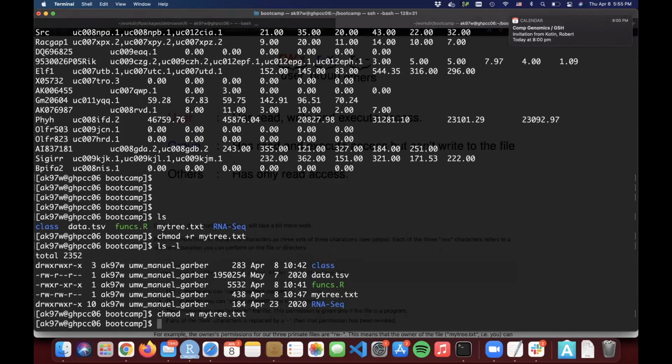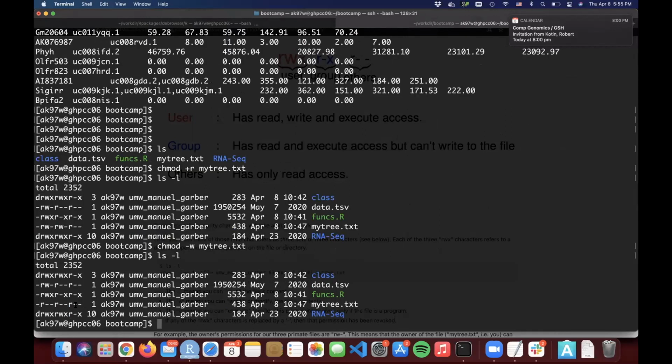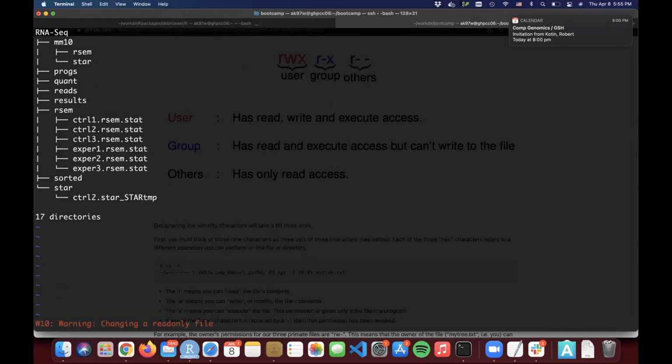See, when I do this, I could remove the write permission from everybody. Even I cannot write this myself. For example, if I want to delete this file, I cannot delete. Or if I want to change something, I just use an editor